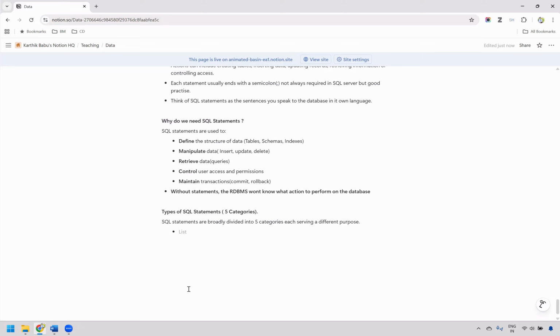The first category, we call it a DDL statement. The first category of SQL statement is called data definition language, in short DDL. The first SQL statement we come across is called data definition language, and in short, we call it DDL. Under this DDL statement,